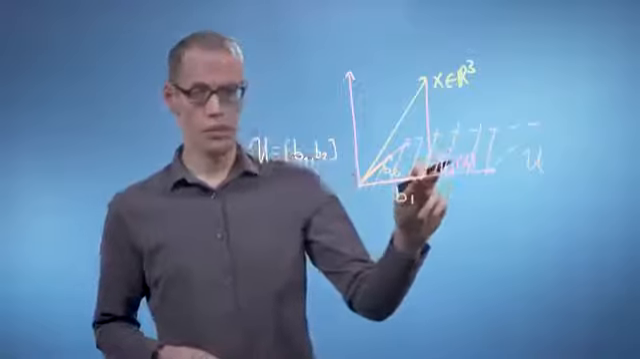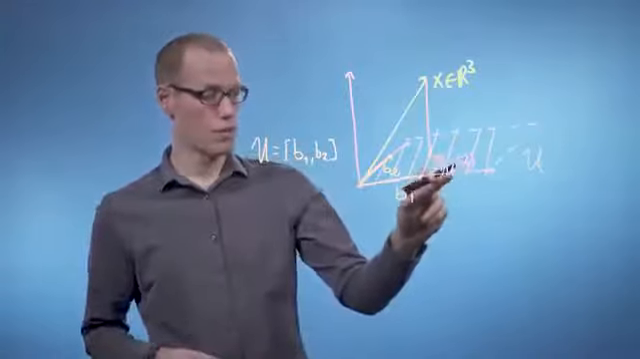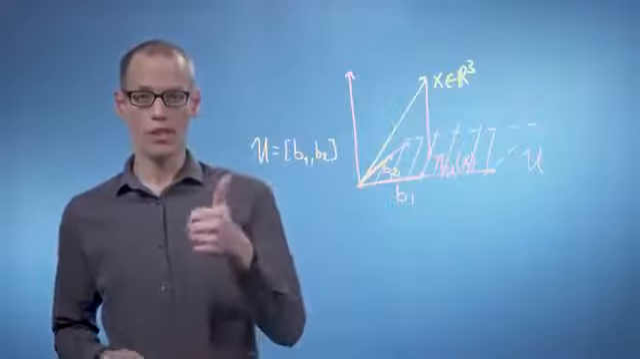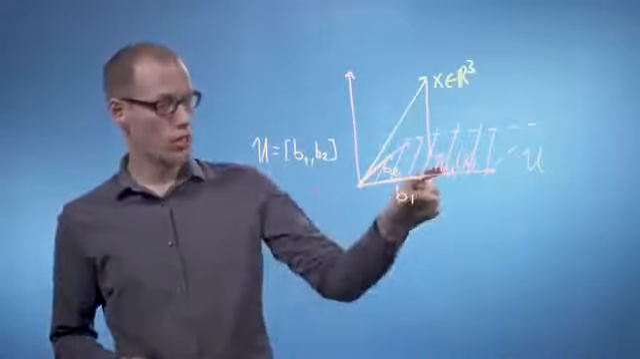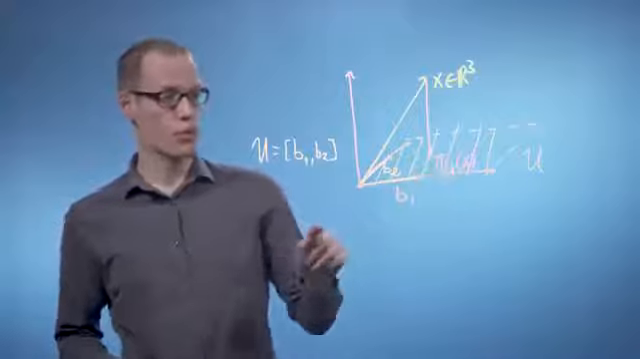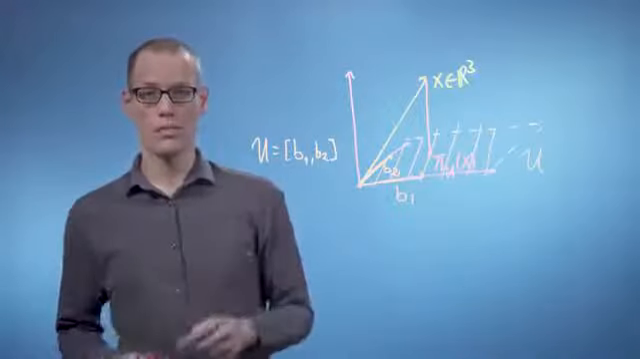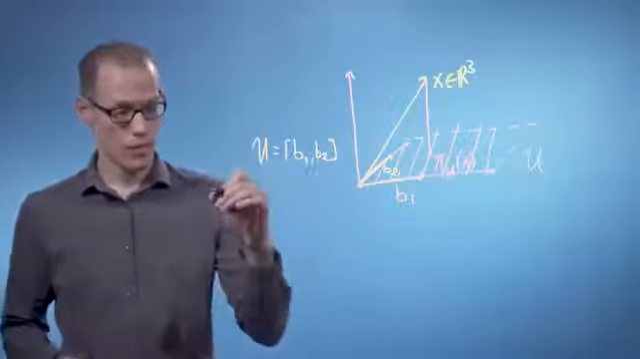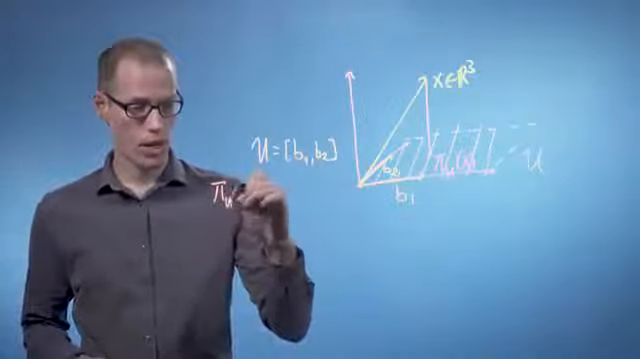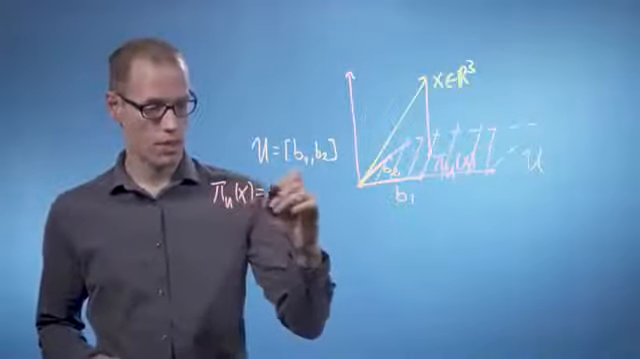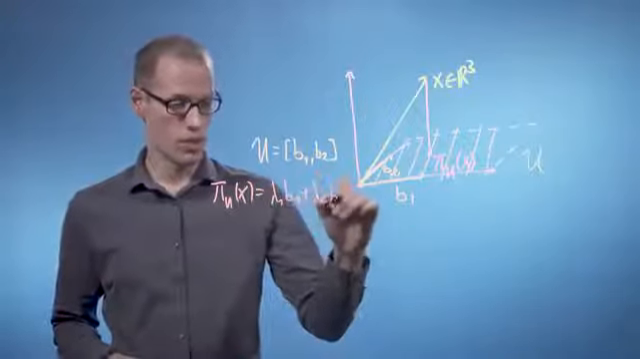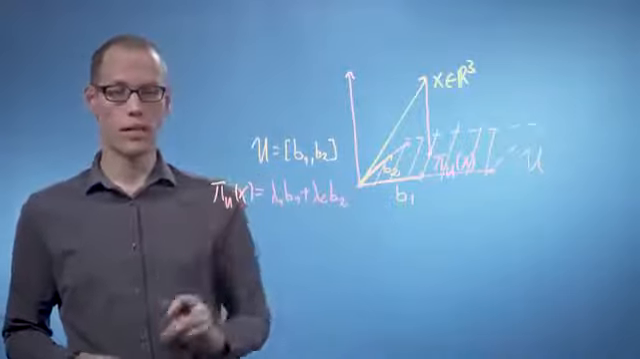So this is the orthogonal projection of x onto the subspace U. We can already make two observations. The first thing is that because pi u of x is an element of U, it can be represented as a linear combination of the basis vectors of U. So that means we can write pi u of x is lambda 1 times b1 plus lambda 2 times b2